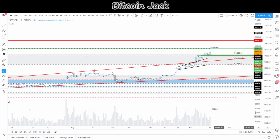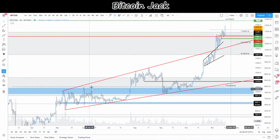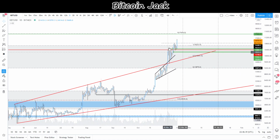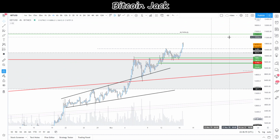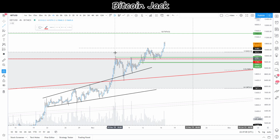So if we go down to daily, we can see how we have this giant shape right here, the Livermore cylinder. It broke out, it retested itself. The smaller baby Livermore cylinder did the same. Both got retested and moving higher. So this is a very strange situation, because what I'm about to show you is something that nobody is going to accept me saying, but I really think this is what's going to happen. Everyone's looking at a potentially bearish pattern right here,